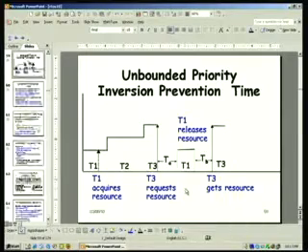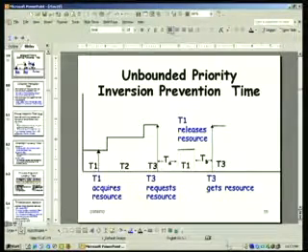Okay. So, let us see in a reduced size. So, here we see the task T1 is a low priority task. On the y axis we have the priority of the task, and on the x axis we have the timeline, right. So, the T1 task was executing, and at certain time T1 acquired a resource, and then a high priority